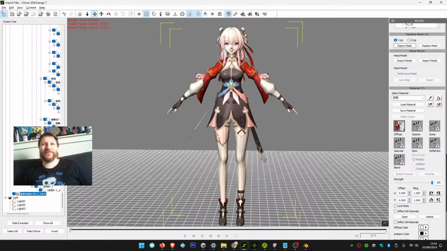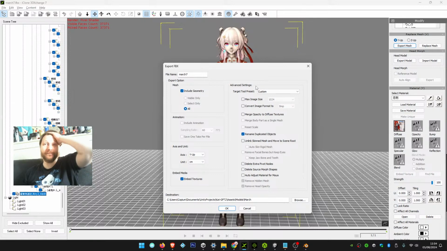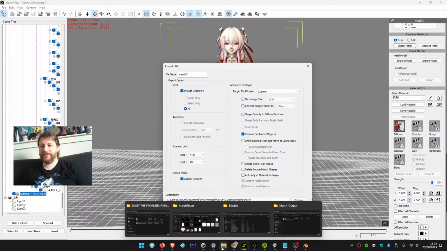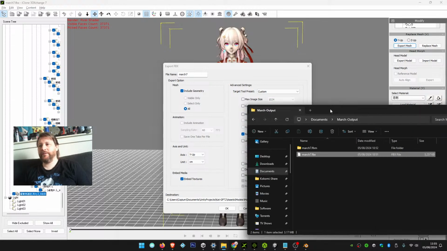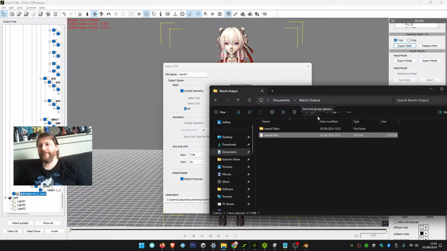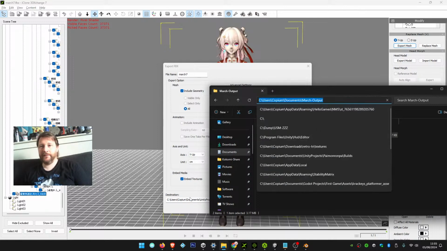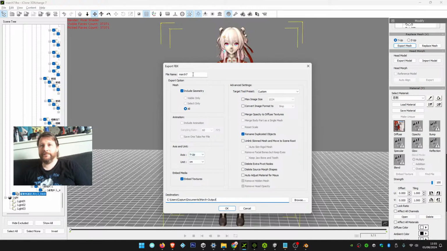Right. Let's export this again. I don't think there's an animation with that. No, if there was, it would let me tick it. So embed textures is already ticked. It should do all this in this software for us, because this software can actually work properly, unlike some softwares. So we've got March output. I'll put it in there, and we'll call it 7M